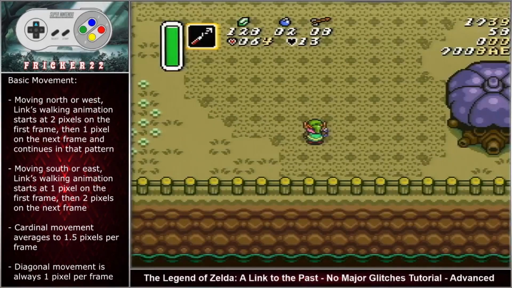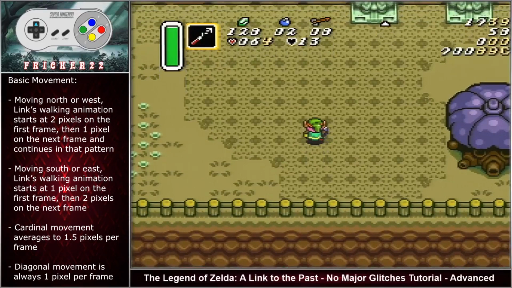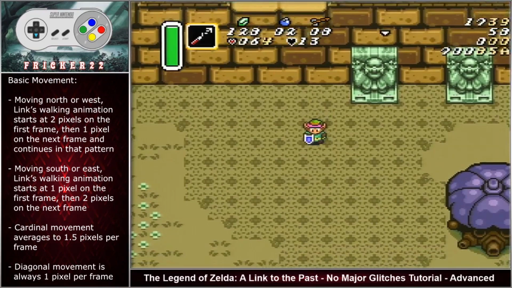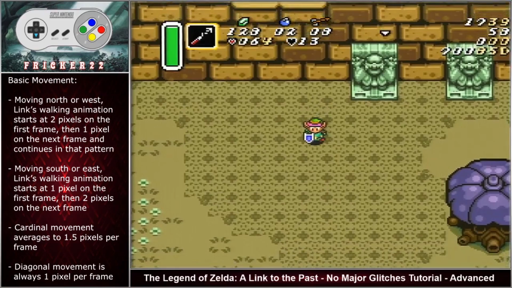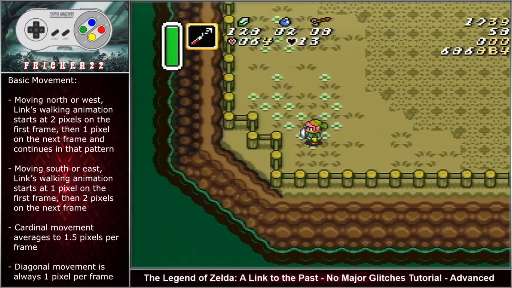Basic movement. Moving north or west, Link's walking animation starts at 2 pixels on the first frame, then 1 pixel on the next frame, and continues in that pattern. If you are moving south or east, Link's walking animation starts at 1 pixel on the first frame, then 2 pixels on the next. Cardinal movement averages about 1.5 pixels per frame, and diagonal movement is always